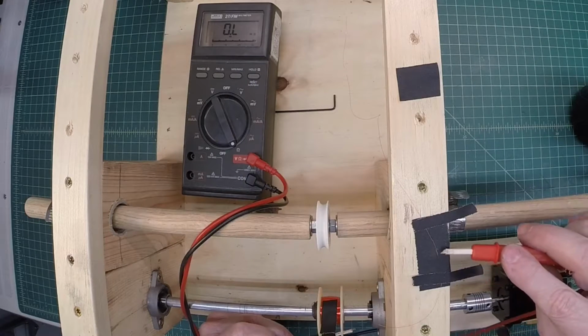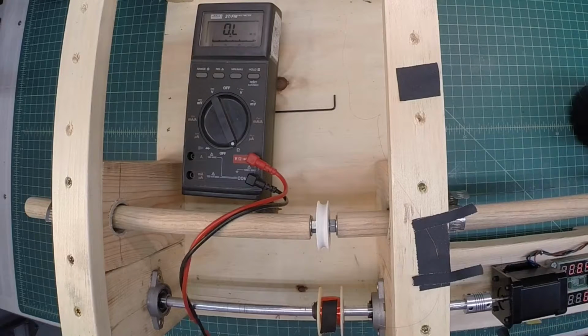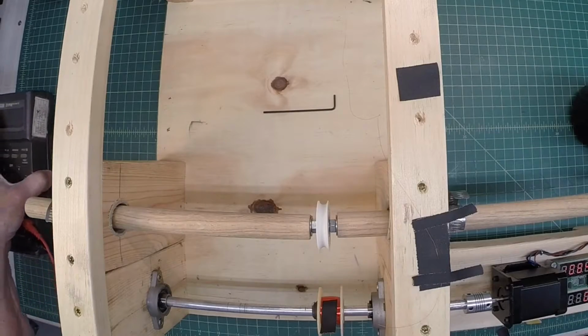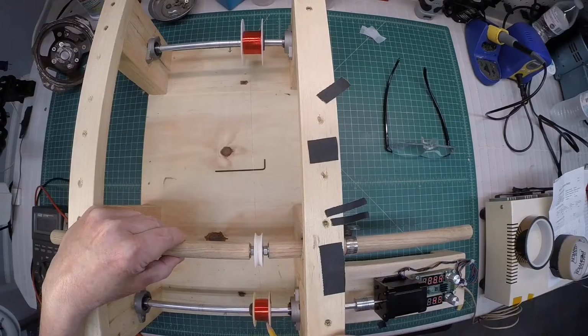Okay, just make certain my eyes aren't playing tricks on me. So about 1.1K, or 1100 ohms, and we're shooting for 1800, so we've got a little ways to go. Okay, I've been winding for about another 15 minutes here, and as soon as I get back to the center here, I'm going to stop